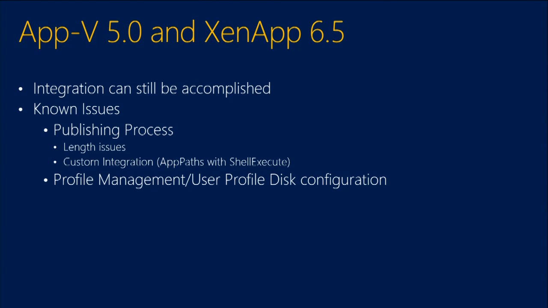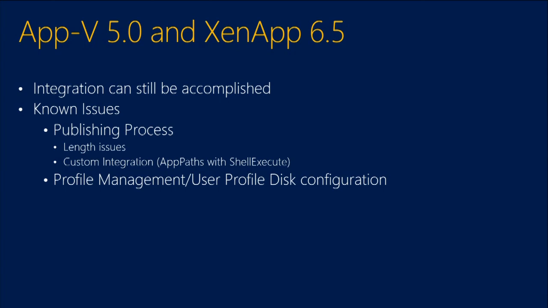Now with AppV 4.6 and XenApp 6.5, there was the benefit of the AppV conduit. I don't know if any of you were ever familiar with the AppV conduit. Anyone use the conduit? So a big question. Not one? Wow. A big question has come up a lot, especially in my customer engagements, is how do we implement AppV 5 with XenApp 6.5? Integration can still be accomplished, but is there actually a release conduit? And my answer to that is you can easily make your own. You can republish easily, taking advantage of many of the OS integration features of AppV 5.0.